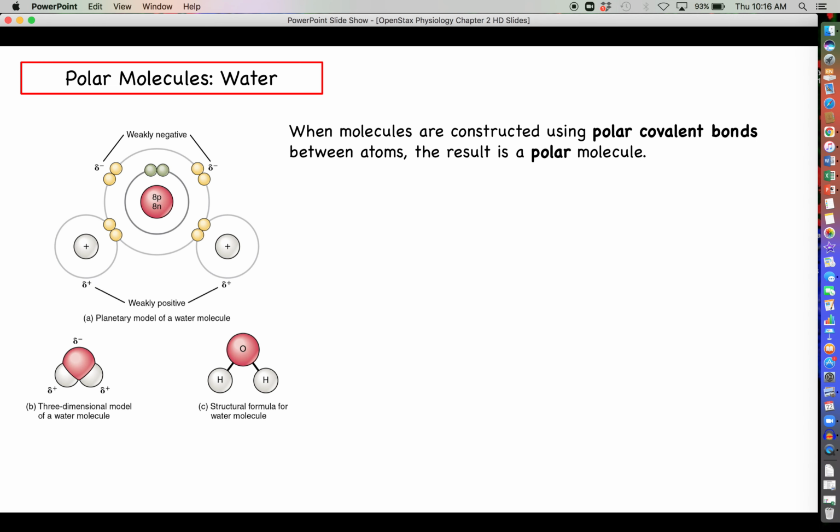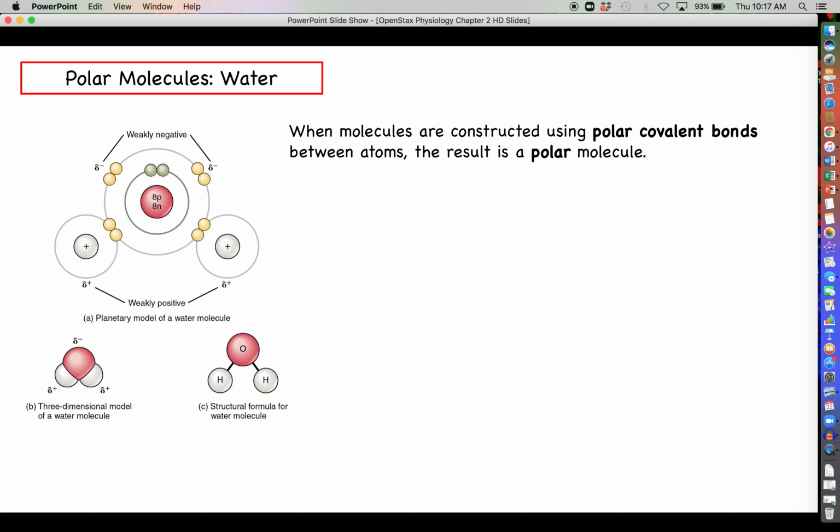Okay, let's go ahead and get started with this first video then. Polarity. So the whole deal with covalent bonds, and again, on your own, you can catch yourselves up on this, but to just sum it up, in a covalent bond, electrons are being shared between two atoms. So the best example of this, as we're going to find out, is a water molecule.